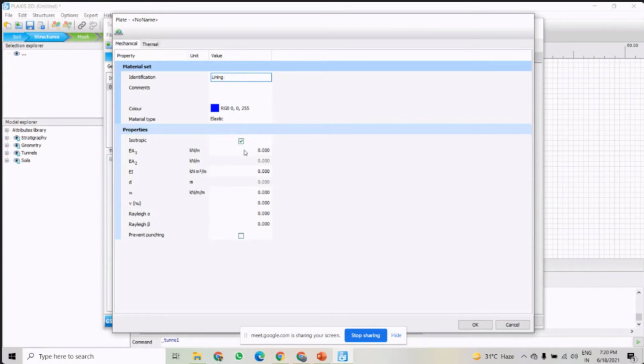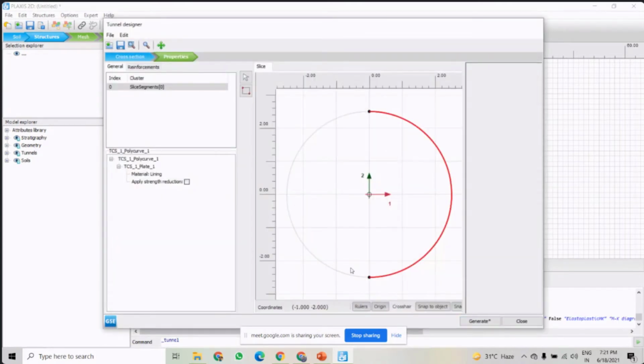The first one is 1.4E7, this is the normal stiffness, and then EI is the flexural rigidity, this is 1.43E5, and this is the weight 8.4, and Poisson ratio 0.15. So now we have given the properties of this plate, right?